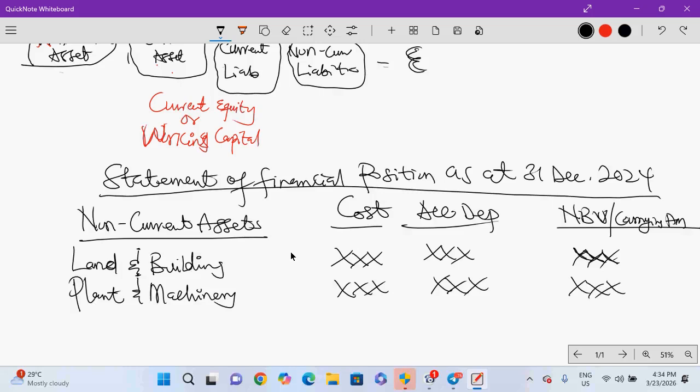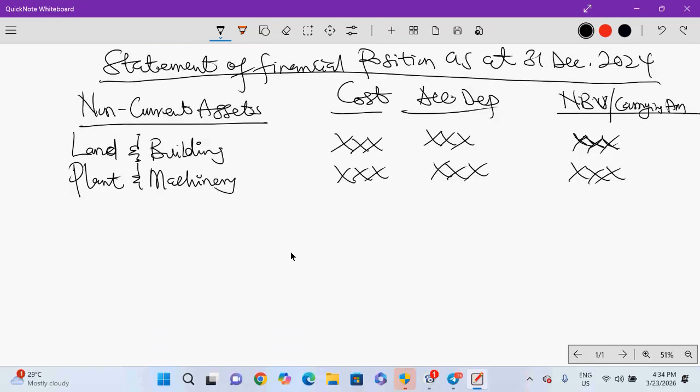Depreciation. Then you get a net book value. You deduct the accumulated depreciation from the cost, and you're getting the net book value. What else? Motor vehicle. Fixtures and fittings. They should arrange it as land and building, plant and machinery, motor vehicle,